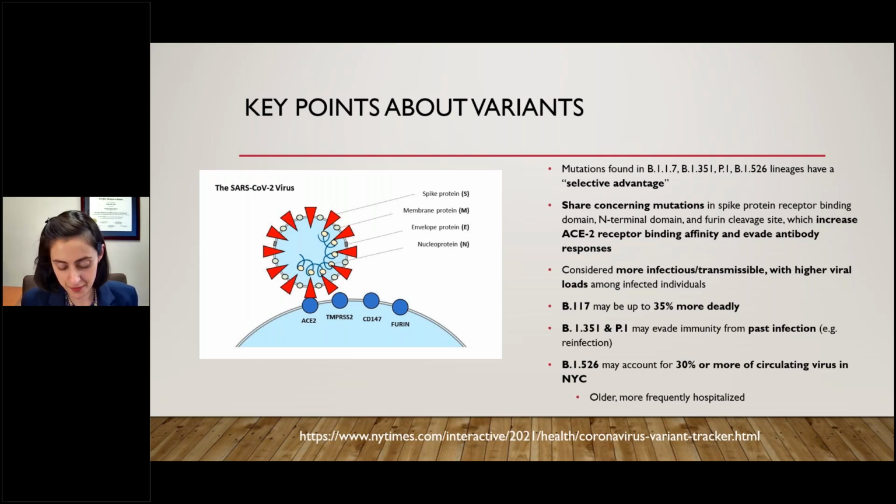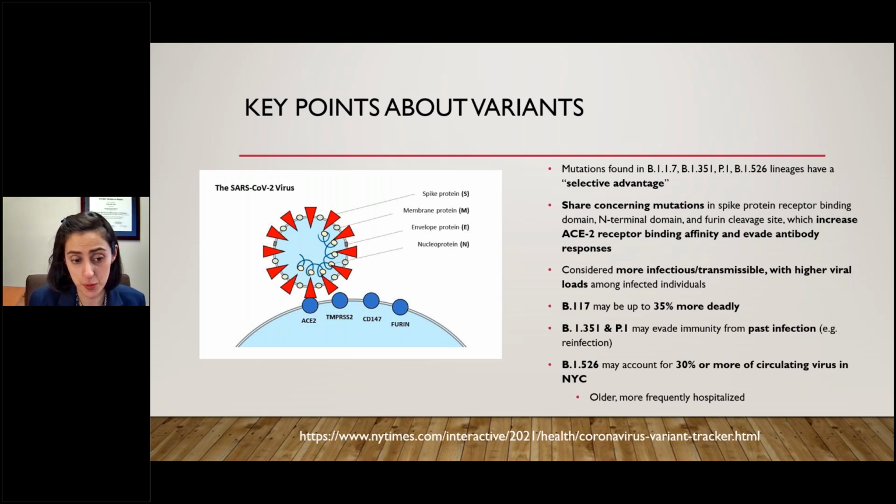Okay, so what are the take-home points about these variants? If you can memorize the numbers, that's fantastic, but you really don't need to. But understand that they're all pretty similar. They have a similar group of mutations that have come to light because they confer a fitness advantage to the virus. They lead to stronger binding to the host cells. They lead to evasion of host immunity, including exogenous antibody therapies, and they potentially may make certain vaccines less effective,